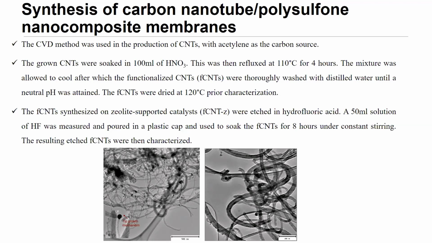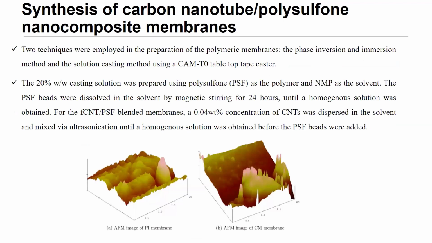These are some of the pictures of the carbon nanotubes we have synthesized in the lab. After we synthesize them, we use two techniques to produce the polymeric membrane: the phase inversion method and the solution casting method. I will not dwell on the details, but these are the two SEM images of the two membranes we've